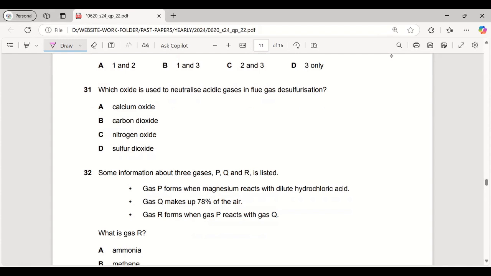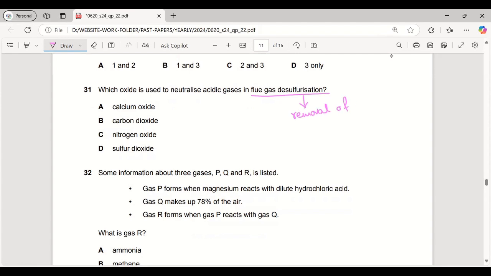This is question number 31, part 4 of solving paper 2 of May-June 24, variant 2. Question 31. Which oxide is used to neutralize acidic gases in flue gas desulfurization? Flue gas desulfurization is a technique in which we remove